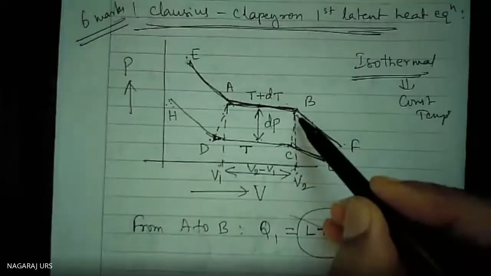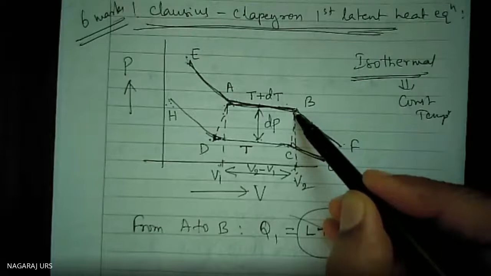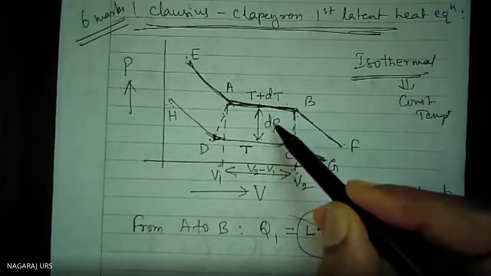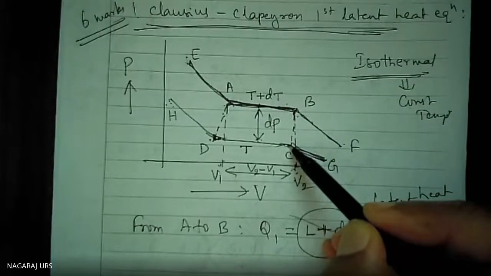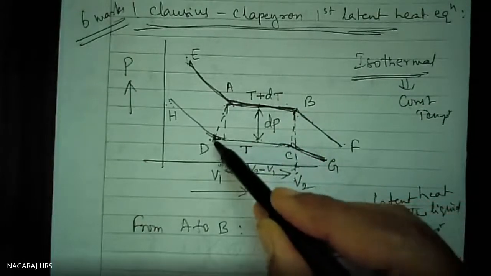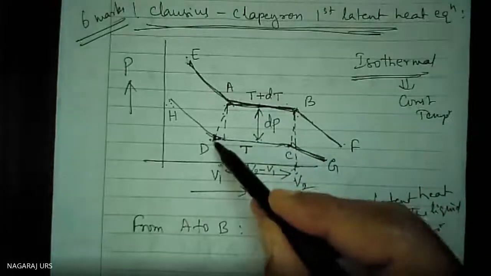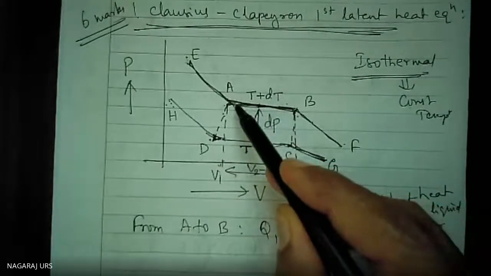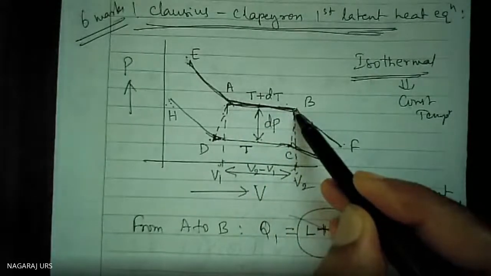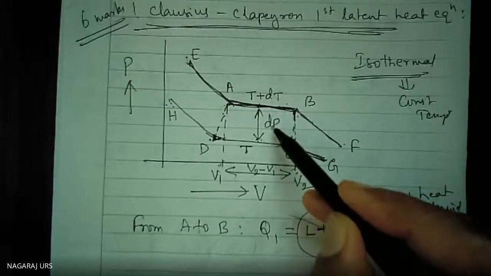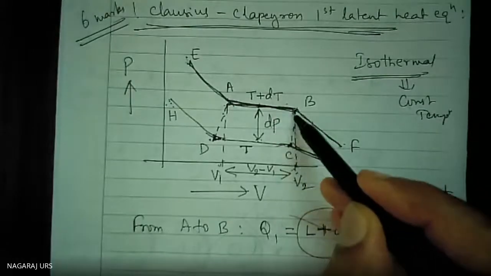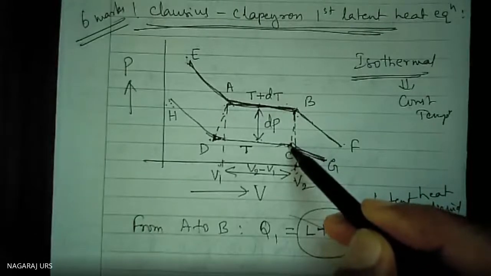Now, at the point B, we are reducing the pressure. How much are we reducing the pressure? dP. We reduce the pressure by dP, therefore we reach the point C. Now from point C to point D, temperature remains constant. But here the temperature is T plus dT. Here to here there is a decrease in temperature dT and a decrease in pressure dP; both are decreased. Now it reaches the point C.